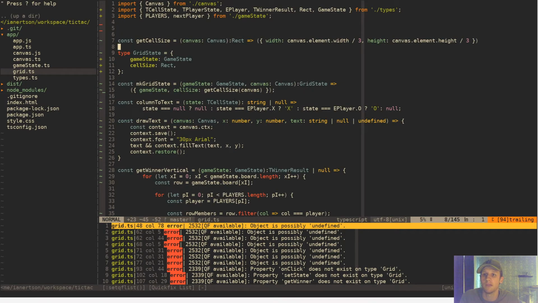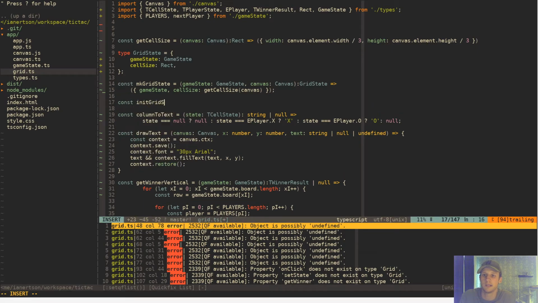So I'm thinking maybe we can put this in make grid state, or maybe we should have a const init grid state is equal to grid state, and we're going to want to do this, grid state dot game state dot